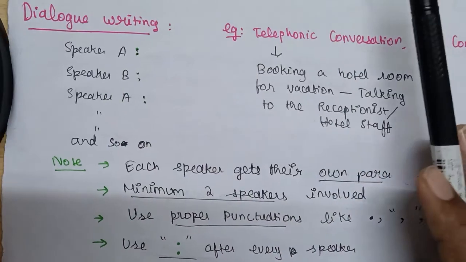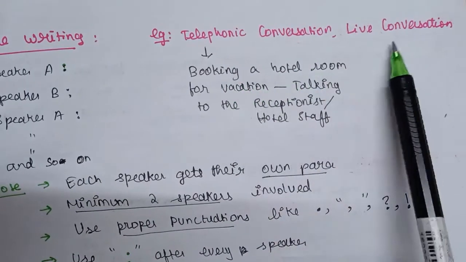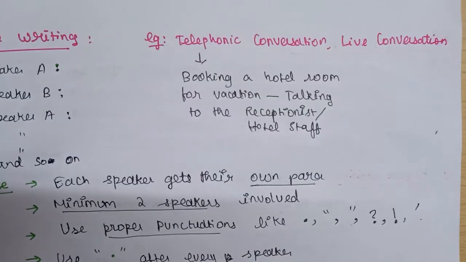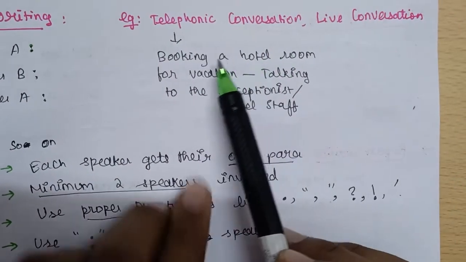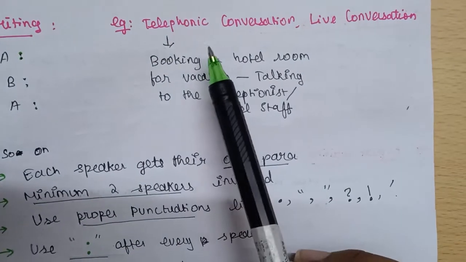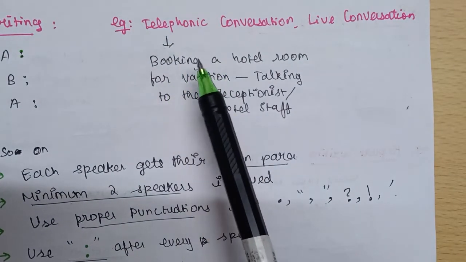Dialogue writing is too simple. Generally, they are asked as telephonic conversations or live conversations. That is, conversation that happens between two people in real life. Okay, so they just give the event name. Here you can see one example that they've given in a previous year question,